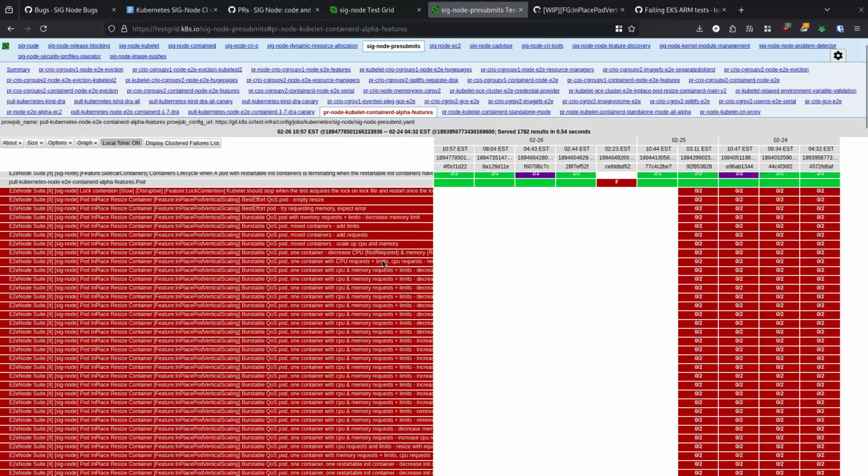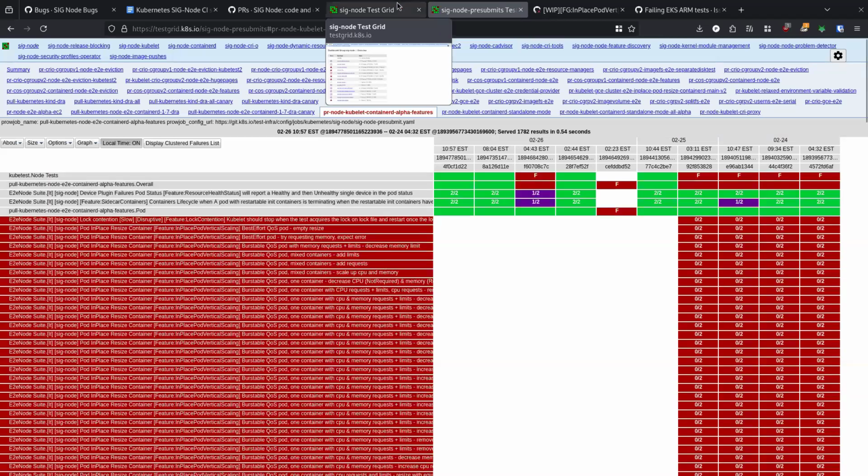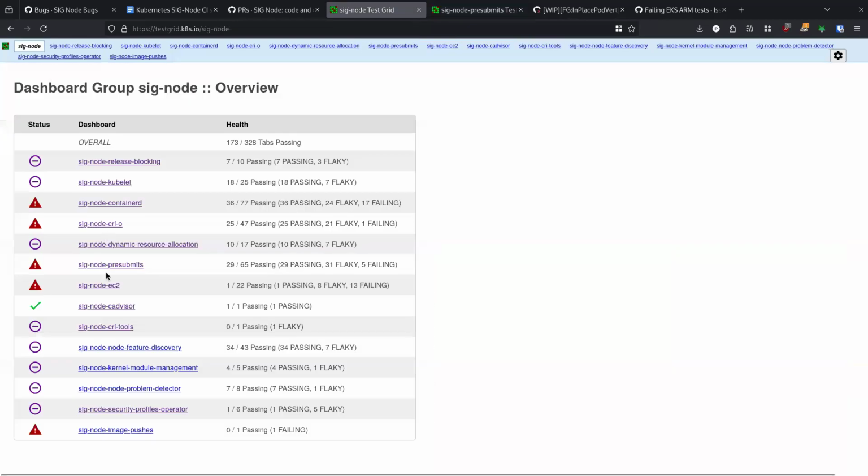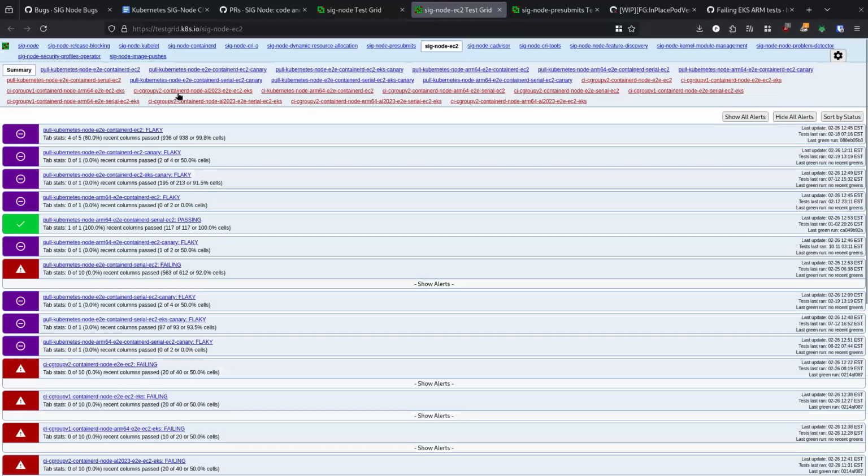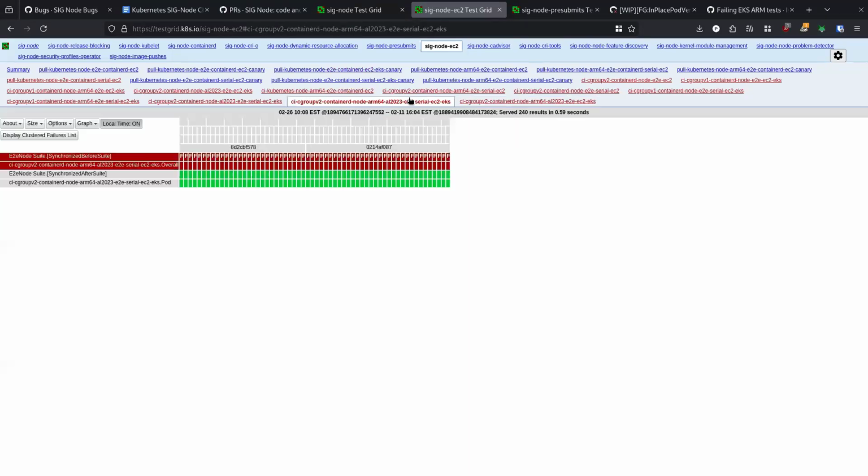Features. This is similar, I think. This is the in-place CPA. So the tires is doing our numbers. These are the containerd EKS, and I'm not sure what's up with these.